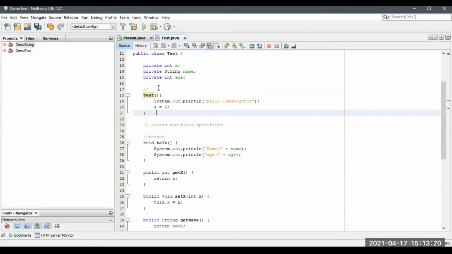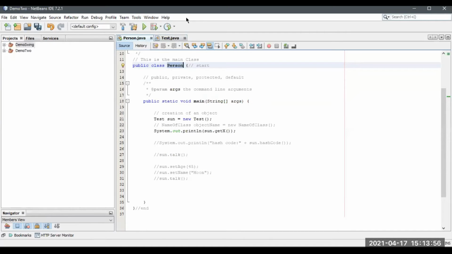Now there are two types of constructors available. This is the no-argument constructor. There are no arguments inside this constructor, so there is no need to pass anything. But if you mention any arguments or parameters inside the constructor, it is essential to pass them from the main class.